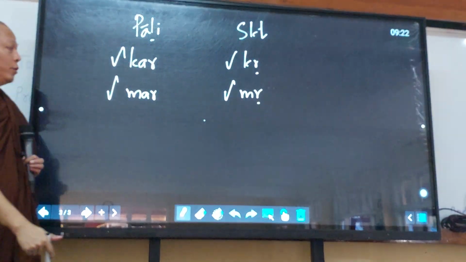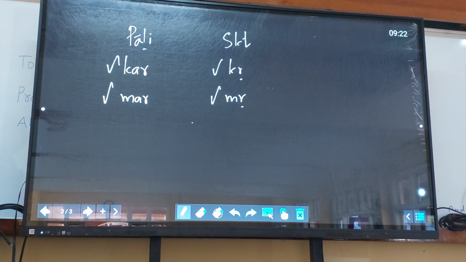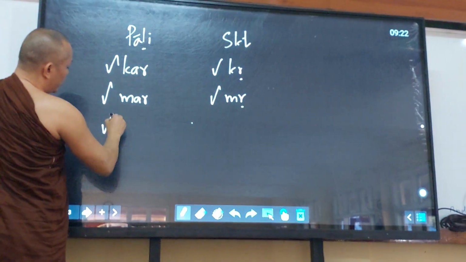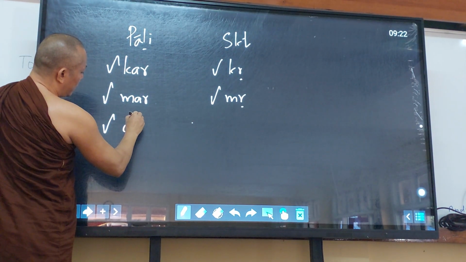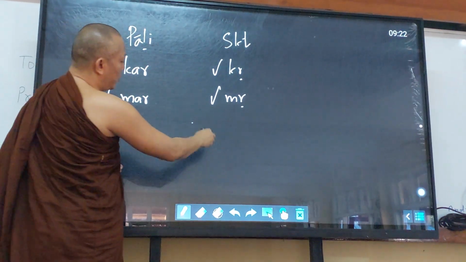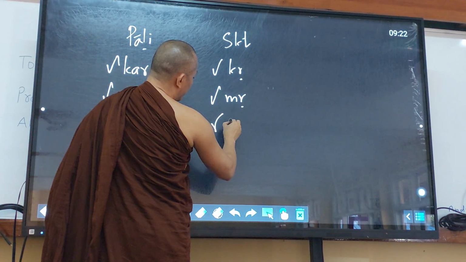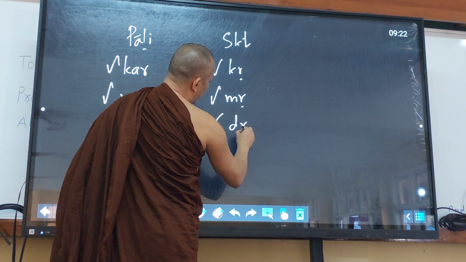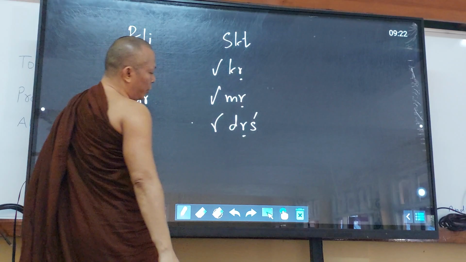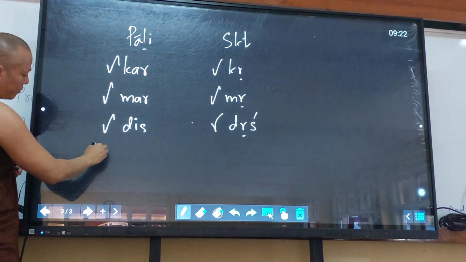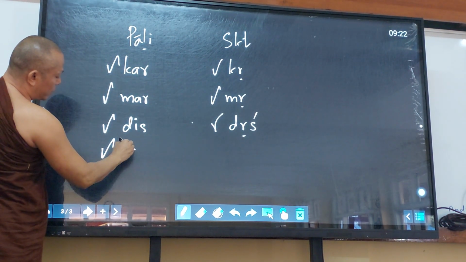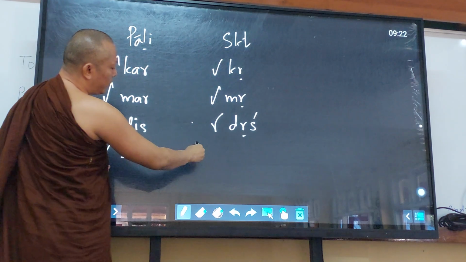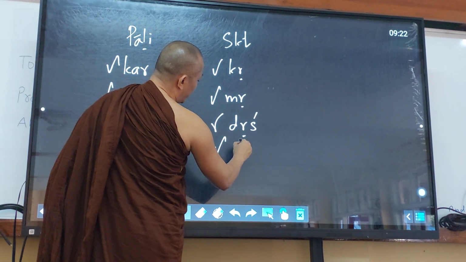Sanskrit is, Mari. And then, so Pali root is dis. But Sanskrit root is, darish. So Pali root is sar, but Sanskrit root is,